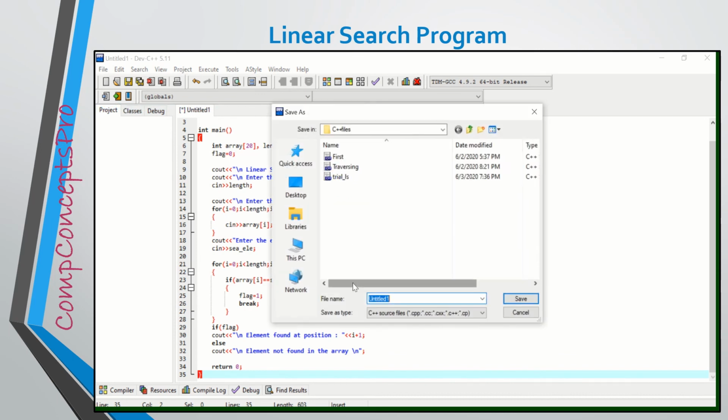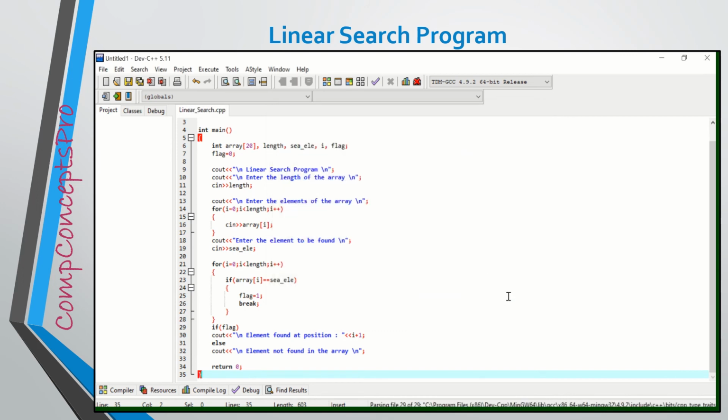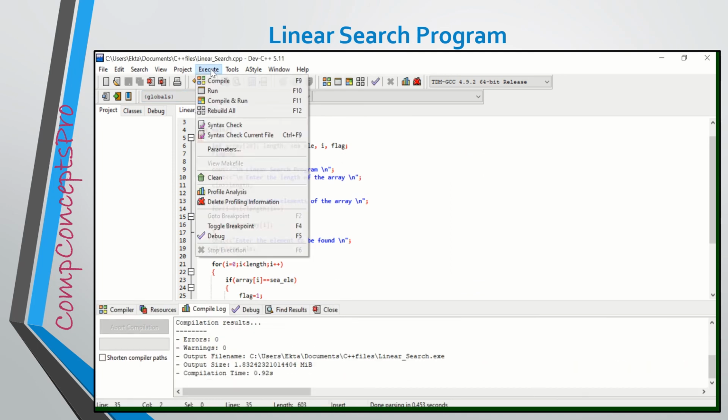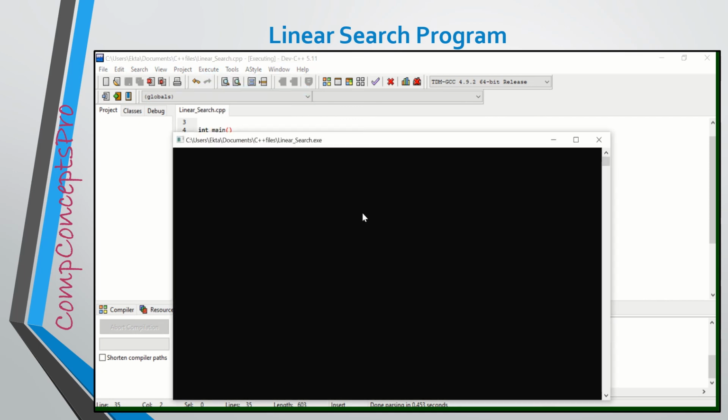Now I'll save this file with a proper name, let's say linear search. After that, compile the program for checking the errors, then run the program.